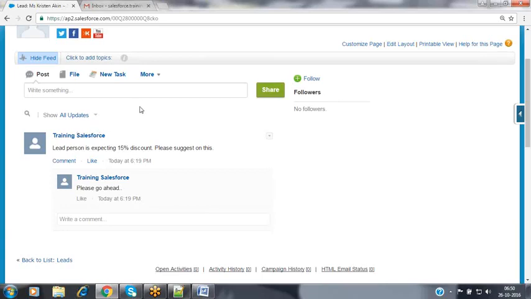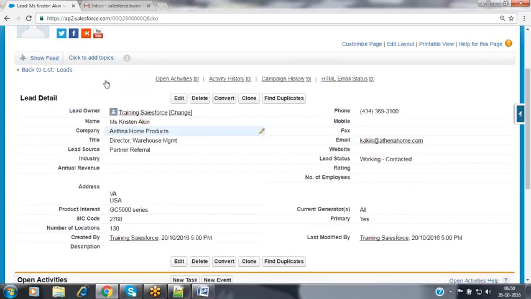Since we checked that checkbox on the lead, that's why that field is coming, right? Yes, yes. If I don't set the checkbox, it won't come? Even if you do not select that checkbox, it will not display that option to you. The chatter feed option will not be visible to you. If you don't want the chatter feed, you can click on hide feed, then you can get the actual record information.